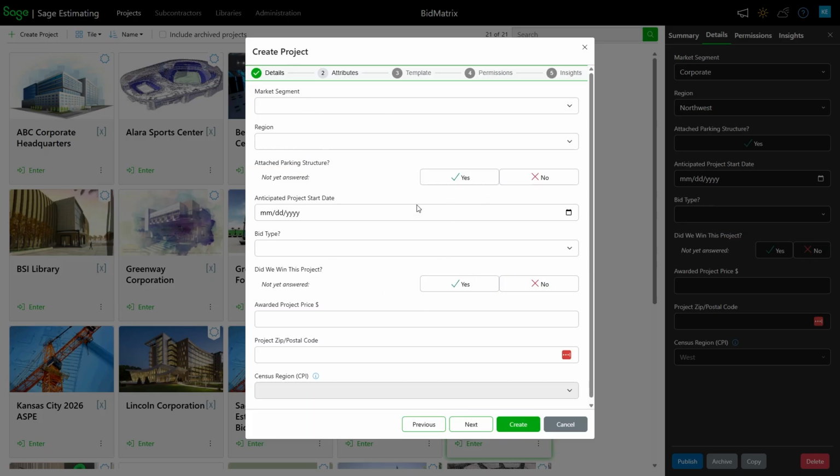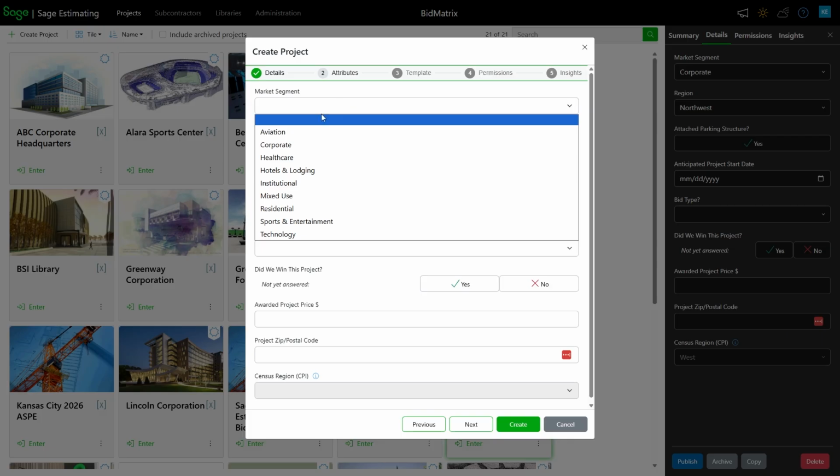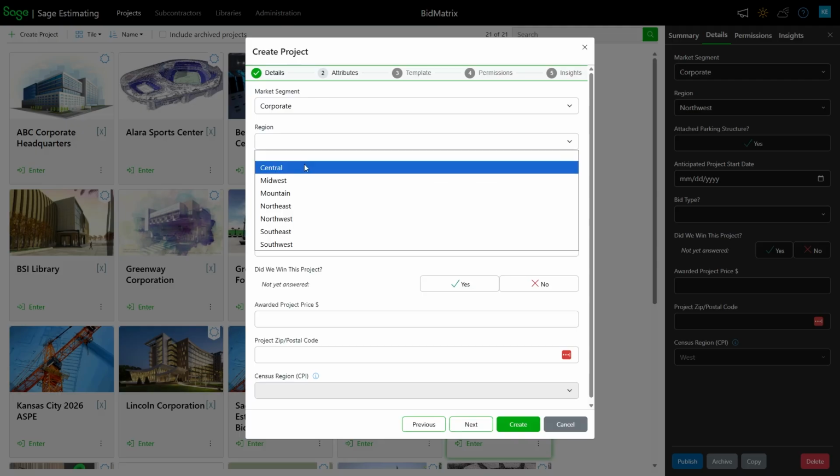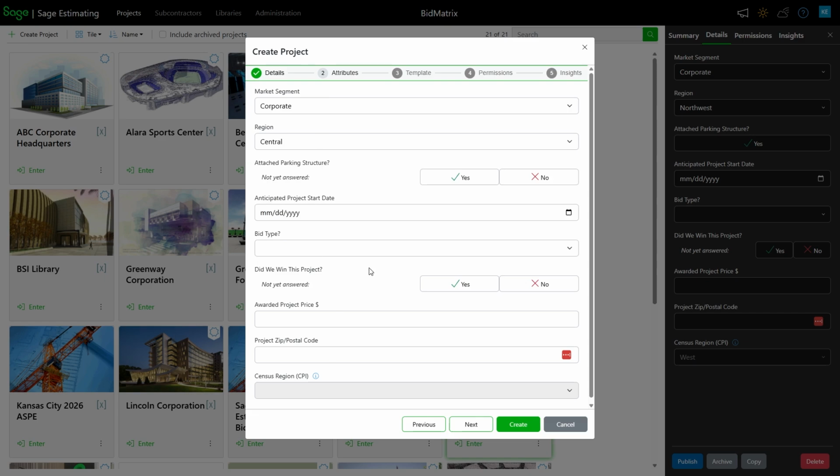So in our overview one, I'm just going to go back through it again. This is where, when we're creating new projects, this is critical, because this is how the project's going to know what the other similar projects are that I'm going to compare against this project. What regions, if I'm using a region condition or things of that nature, or whether or not it's got a parking structure criteria, all those types of things. So when I'm setting up this new project, it's critical that I put that information in there so that it knows what similar projects to compare against.